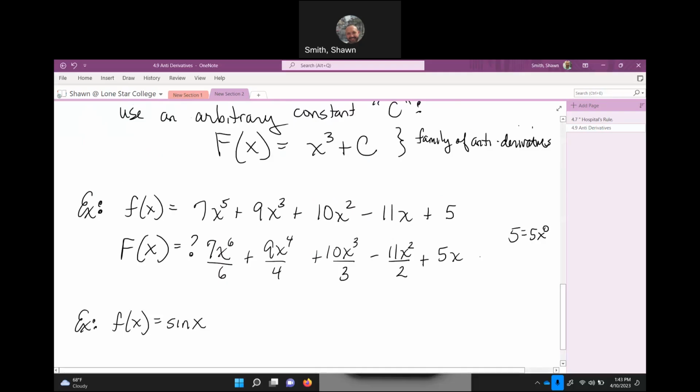And then I forgot to add in something. What did I forget to put in? It's not necessarily wrong, but plus my c, right? In this case, I was saying c was 0, but